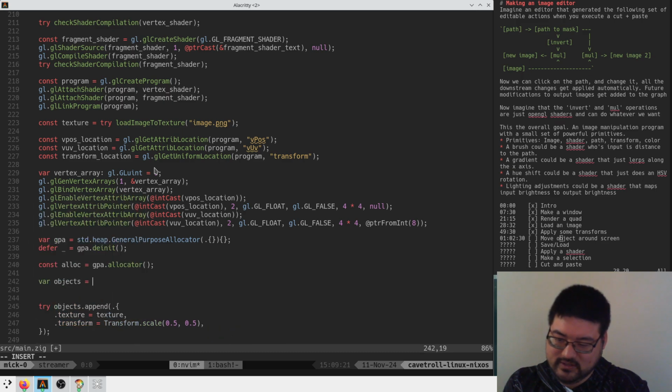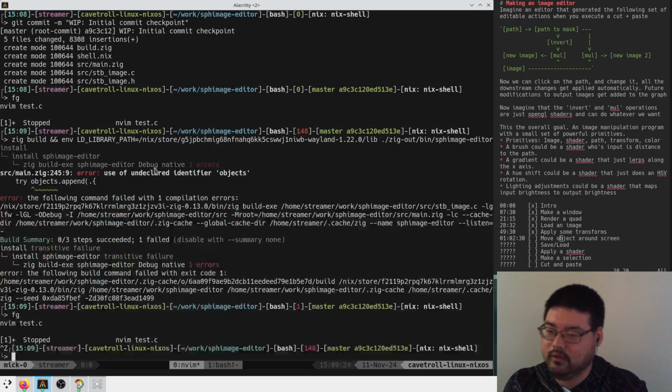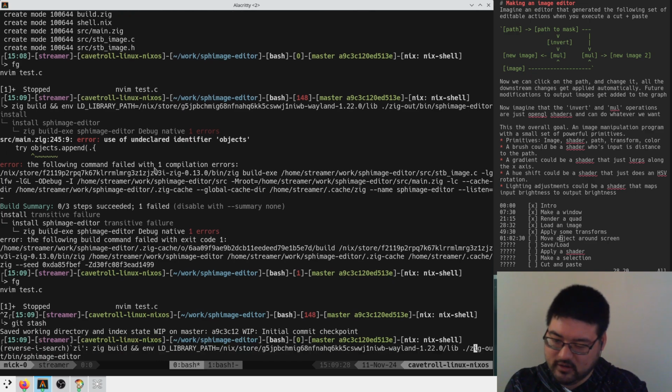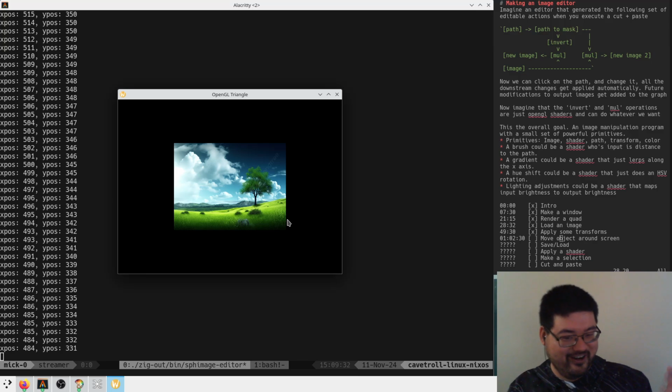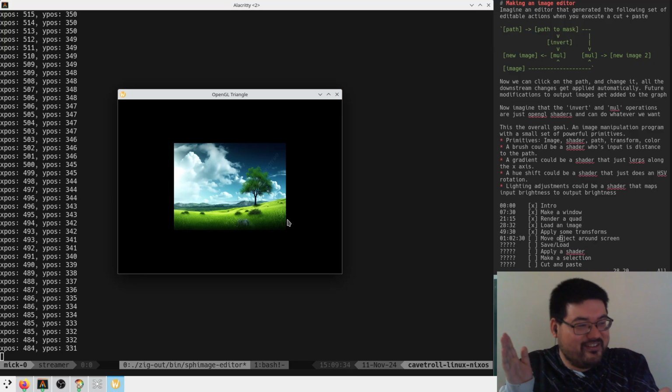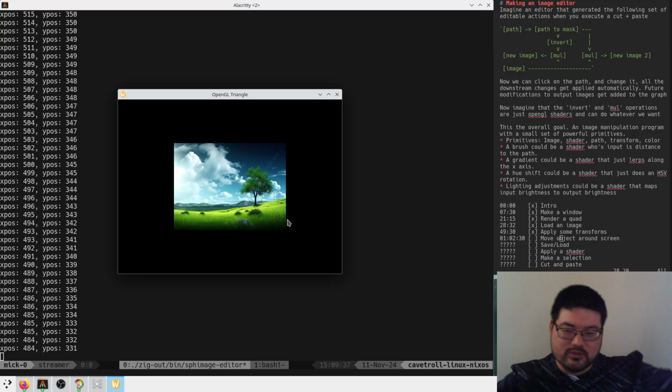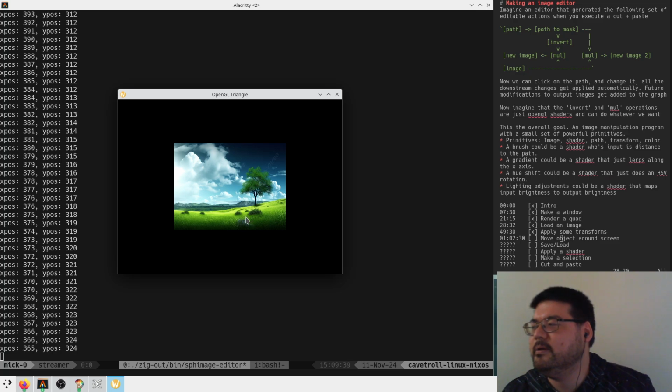Var objects is equal to std array. Oh wait, hold on. We just committed specifically for this. So here is our image editor. We have a picture in the middle of a screen. The idea behind the editor is we're trying to aim for something that has